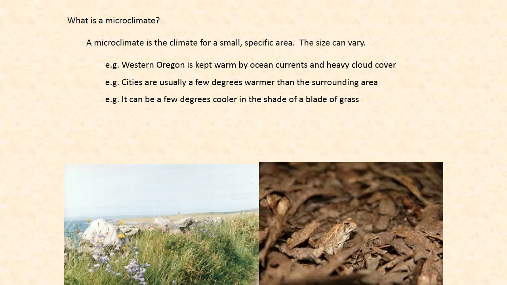Microclimates can vary significantly even on a small scale. The temperature and humidity beneath a single blade of grass could be drastically different than on the rock next to it. Where particular plants grow and where animals choose to live often comes down to these small differences in the particular microclimates available to each organism.